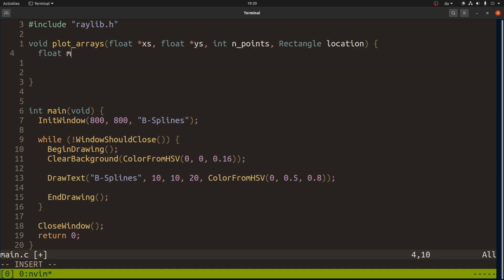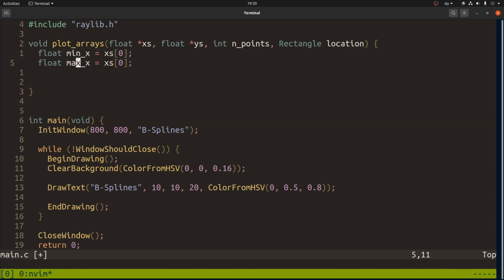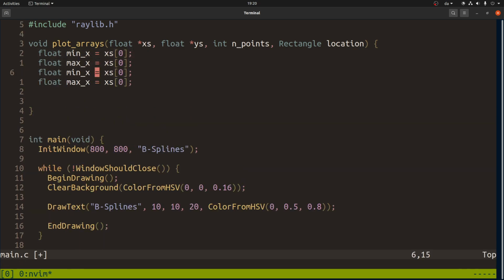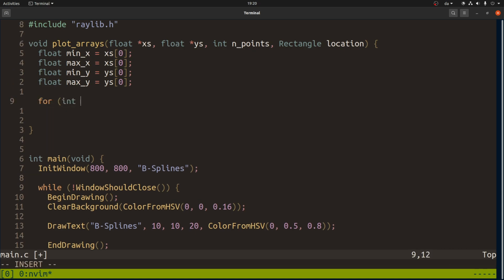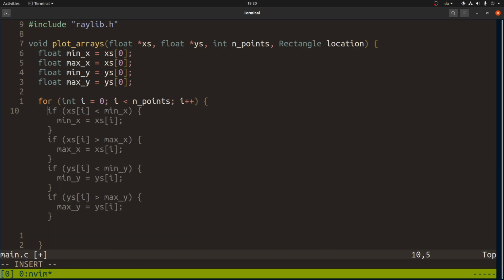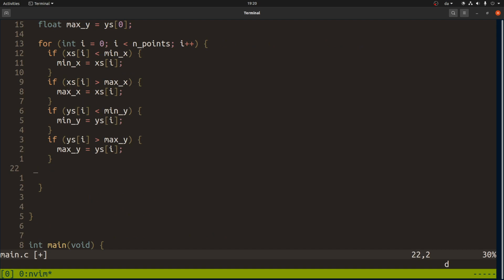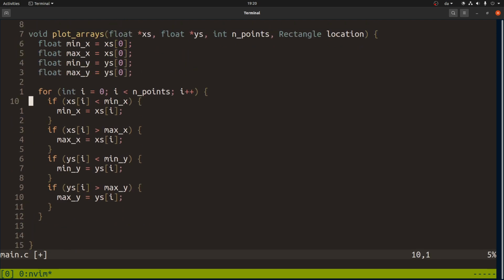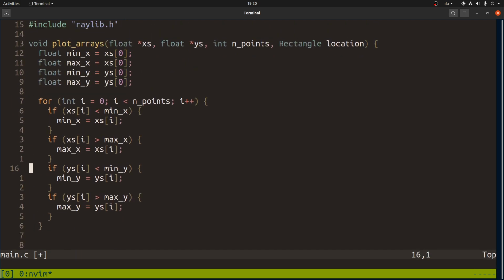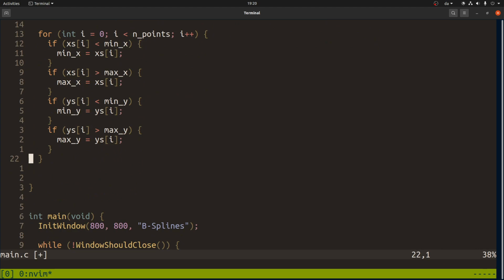So we're gonna need the minimum x and the maximum x, and same thing for y, like that. So here I'm just gonna let Copilot do it because that's kind of trivial. So now we have that, and